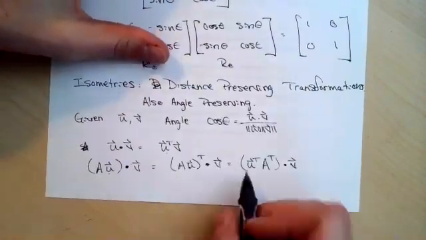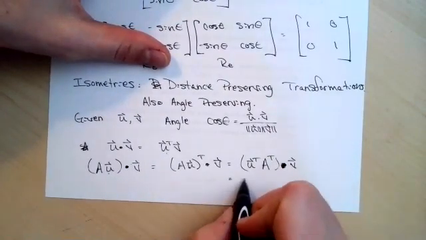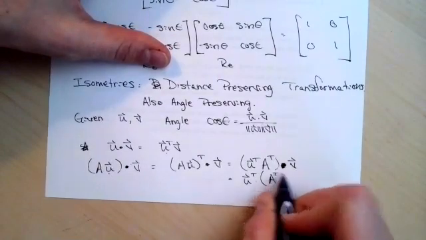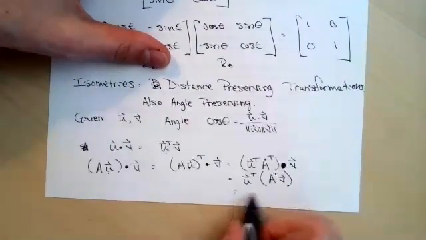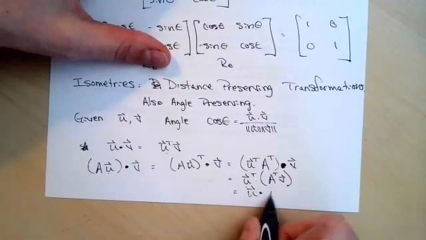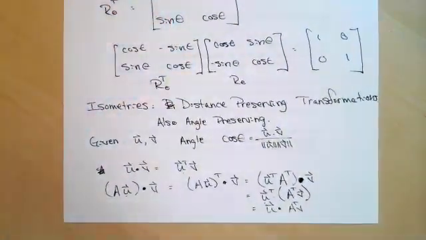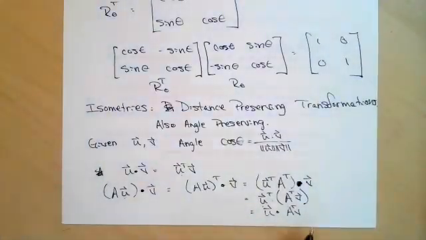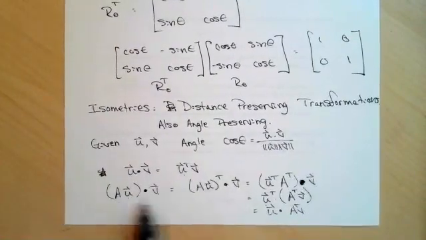And now you got to do a little bit of finagling, or actually not even dot product here since it's a matrix product. You can kind of think of it as U transpose times the matrix product of A transpose with V. And now since this is a matrix product, this is really U dot product with A transpose V. So in other words, this is where the transpose comes about. It is an adjoint operation, meaning that if I want to flip it on the other side of this inner product,